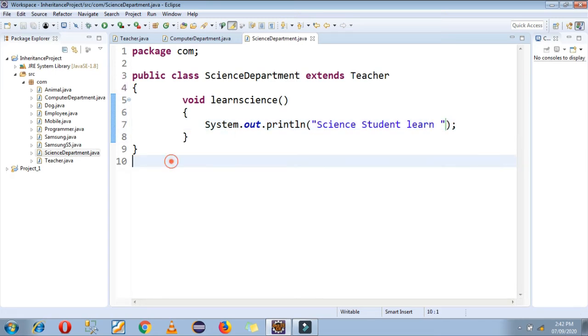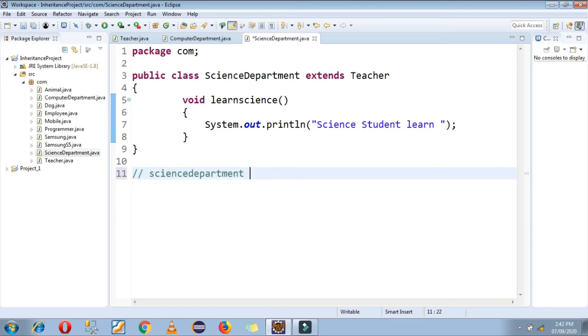So the science department is my derived class number 2, derived class 2. So you are deriving from one teacher class at a time by more than one derived class. It's a hierarchical inheritance.